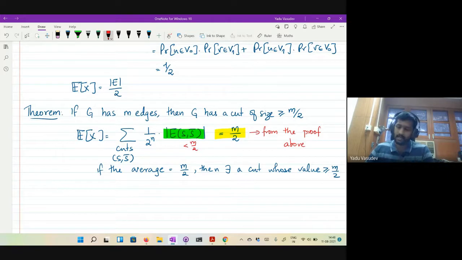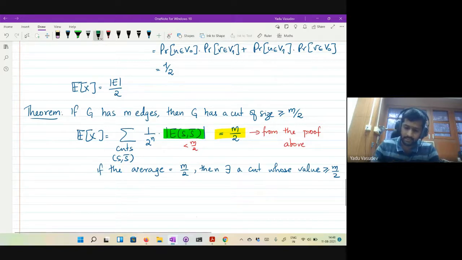So while analyzing this randomized algorithm, we have actually proved a structural property of any graph, which is that if the graph has m edges, it must contain a cut of size at least m over 2. And it just follows from the fact that if the average is equal to some value, then there must be a member in that sum whose value is at least as large as the average. So this is one corollary of the randomized algorithm and its analysis. We somehow never looked at the graph, its structure or anything, yet we proved a property which is true for every graph. And this way of proving things,